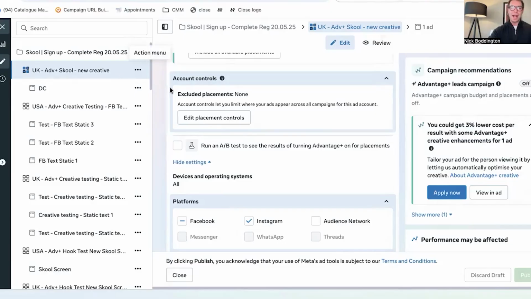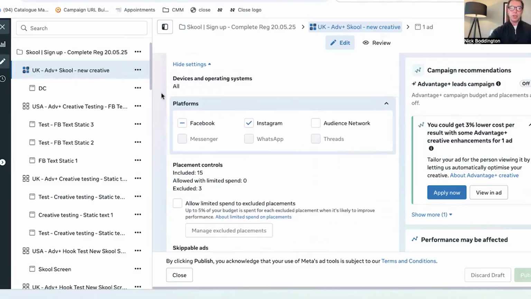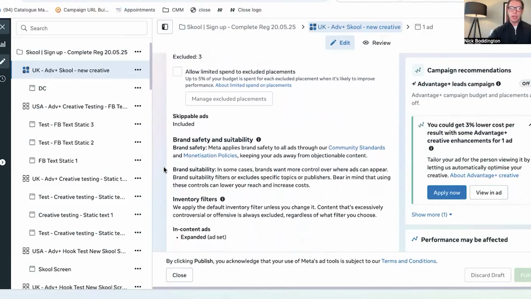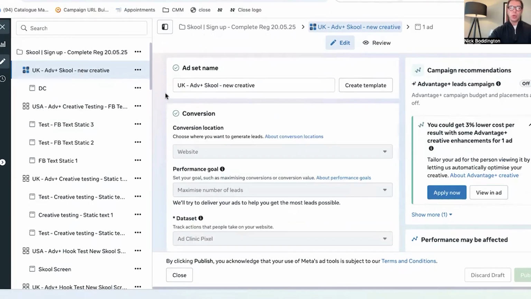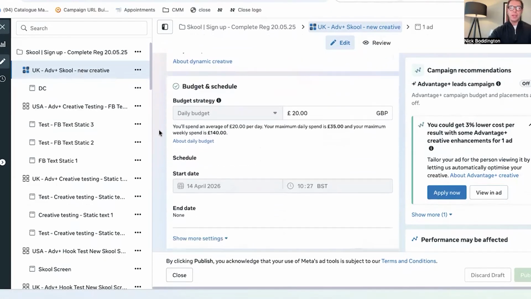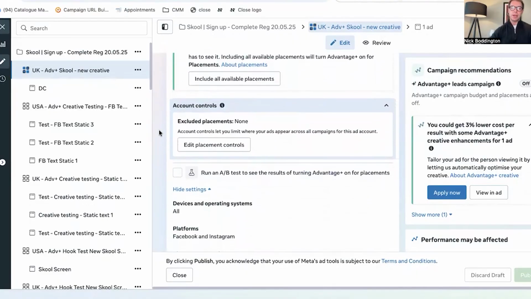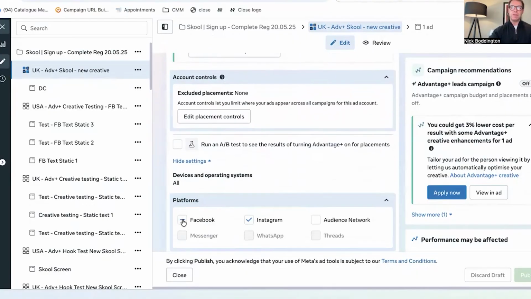So if you go into your ad set level within your ads manager, you'll see down here, platforms. If I just close that up so you can see what it looks like as you first go into it, you'll go through into here. You're going to go all the way down in your ad set, and you're going to go through to placements. Now, when you get to placements, you're going to see platforms. And in platforms, you're going to see Facebook, you're going to see Instagram, and you're going to see its audience